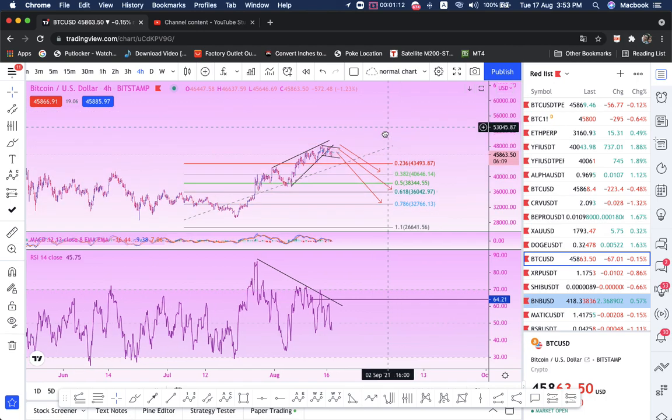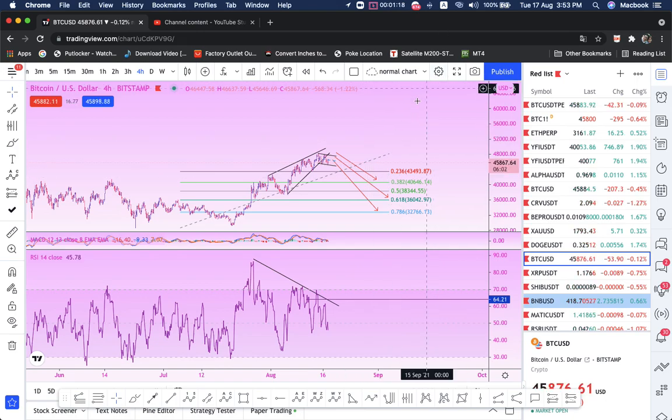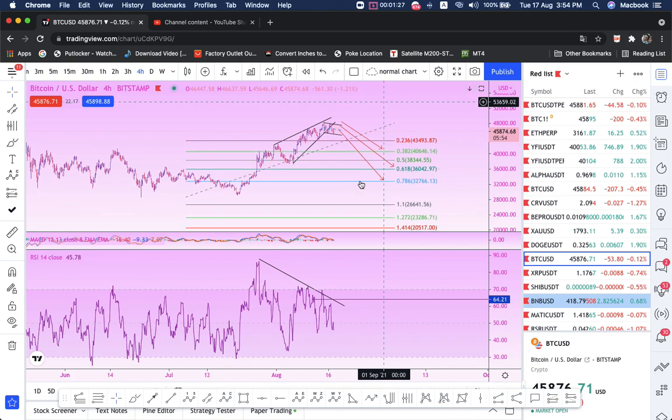If so, then if this is an extended fifth, it's likely that it might turn and this move here is going to explode and go to 100k at least. But if it's not,